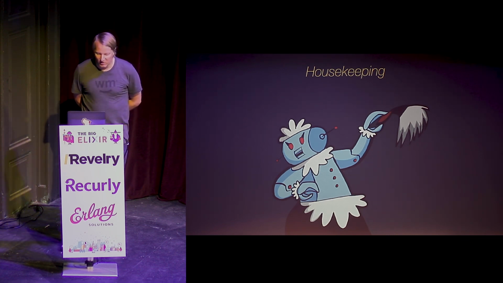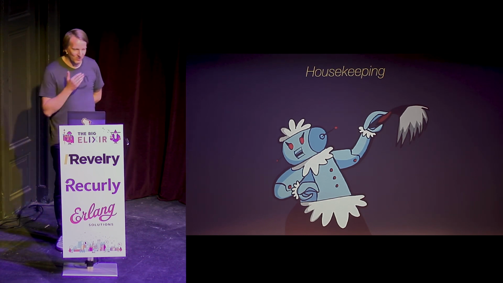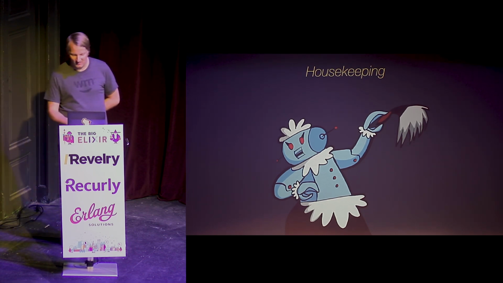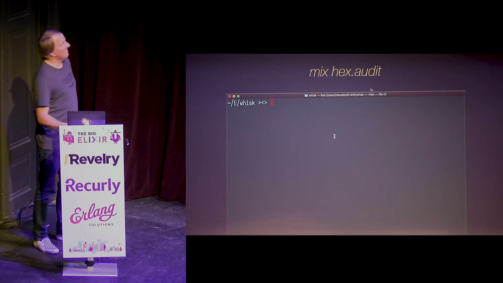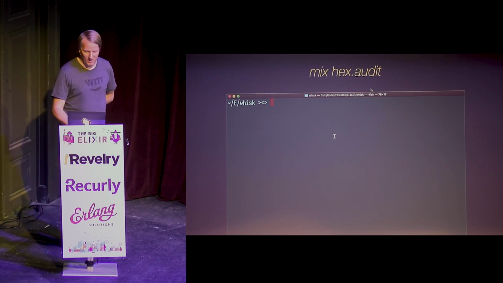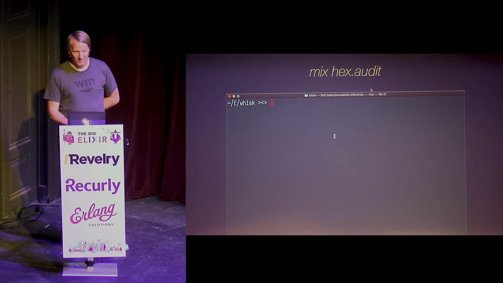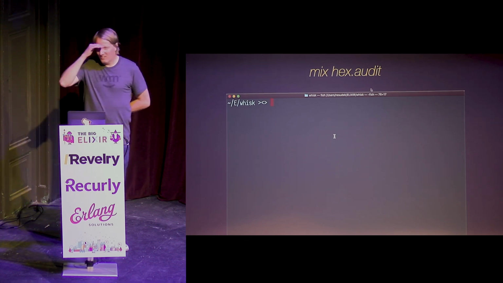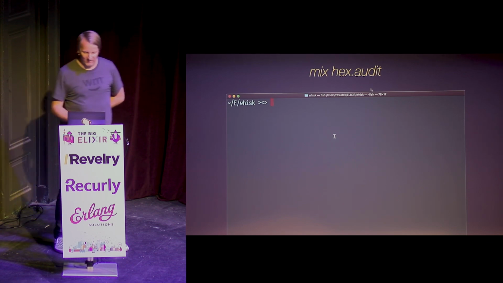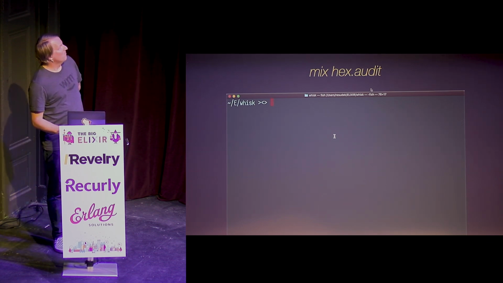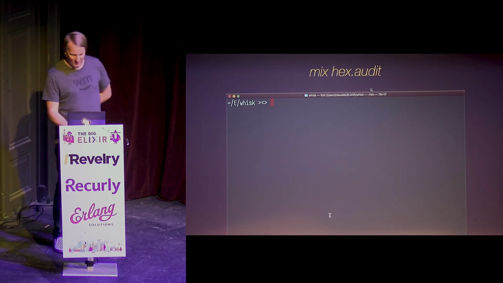All right, another metaphor here, Rosie the robot. Housekeeping, okay. So like I said, I work on the Hex core team, and so this might not be the most exciting stuff, but I would be really remiss if I didn't implore you to use these next two. So mix hex audit. Round of applause, anybody run this in the last month? Okay, if you're watching this on video, what's the number? It's about 30,000 people here. If you're watching, yeah, wow. And I didn't hear any applause.